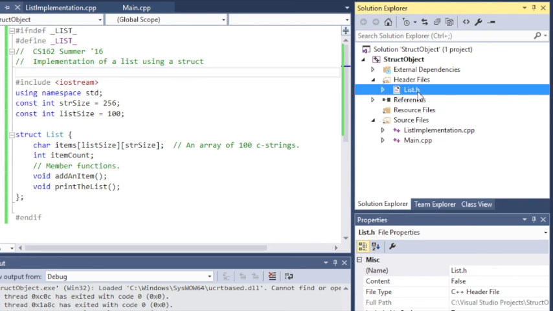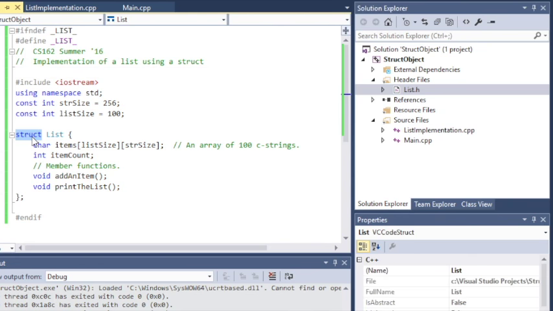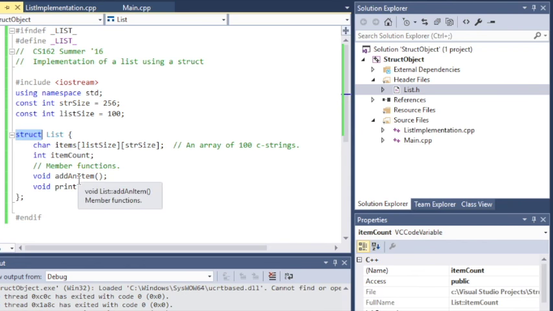In this project, I have the word struct right here. And in the last video, I showed you that we changed that to class. Well, the difference between a struct and a class is just in the permissions that are the default. A struct has public permissions as the default. So, for example, item count is considered public because this is a struct,